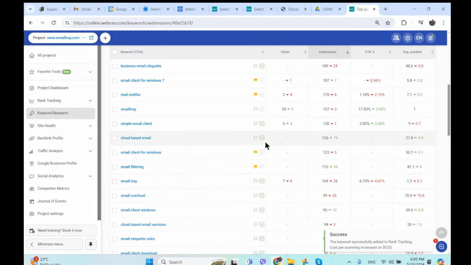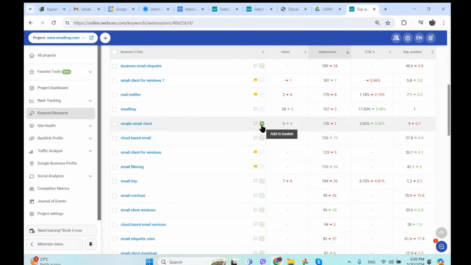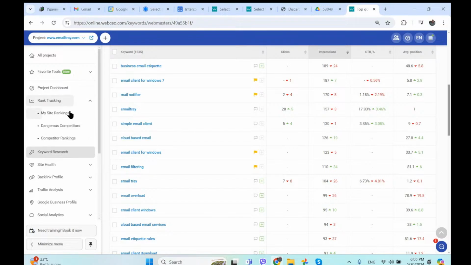Now, if you just want to put it in your basket, like your keyword baskets, which I'll show you, you just click on this little plus sign, and that adds the keyword to your keyword basket. But we added the flag so that you can click that orange. We added that because most people want to go straight to tracking that keyword in terms of rankings. And so I just added a couple there, and then if I go back to rank tracking,